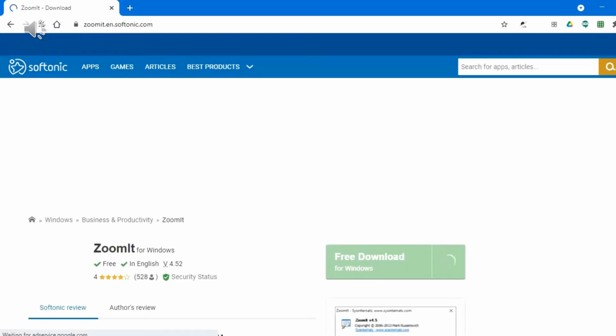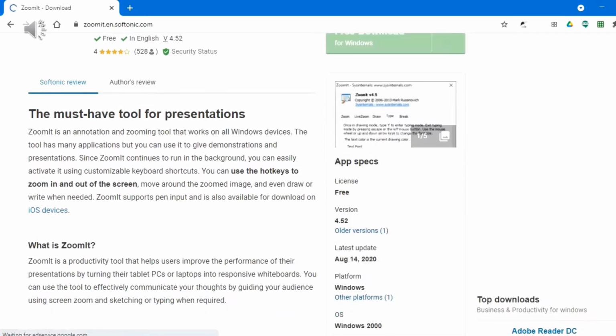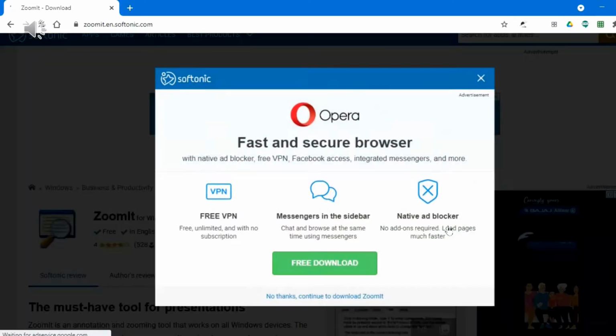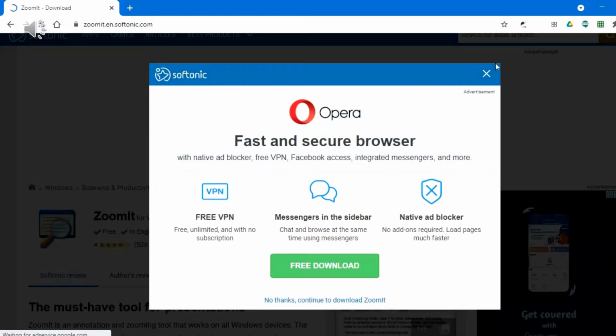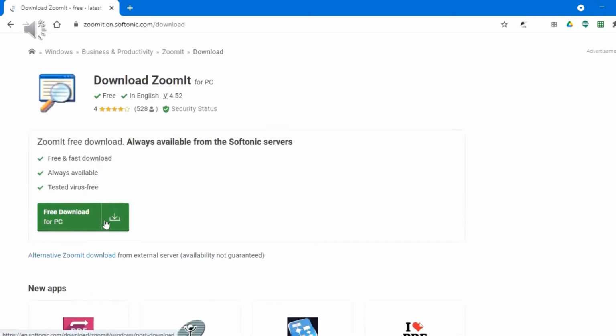Then we got the ZoomIt downloadable file. Let's download it. Yeah, here for PC I want.